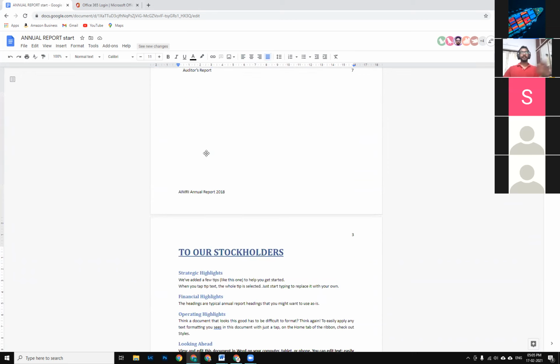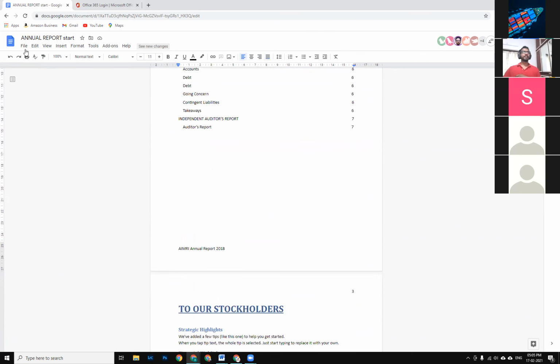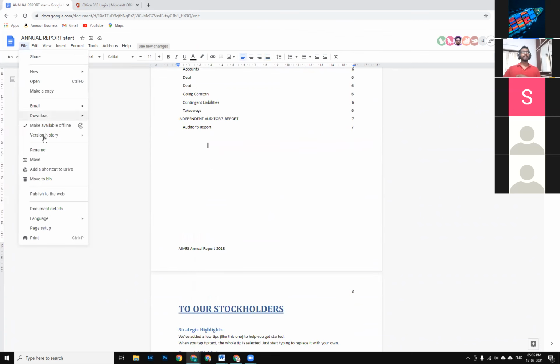Once you have completed your Google Docs, say I will show it here. There's an option called File. Inside File, you can